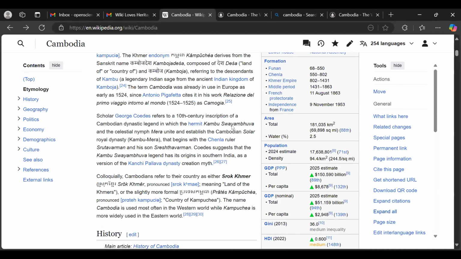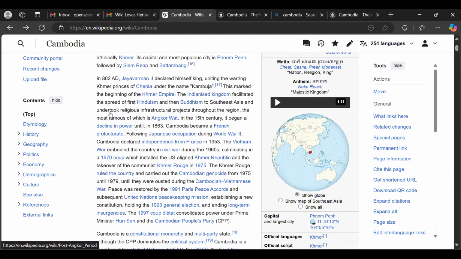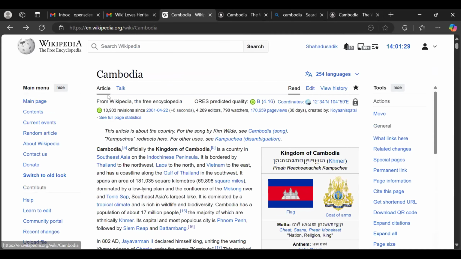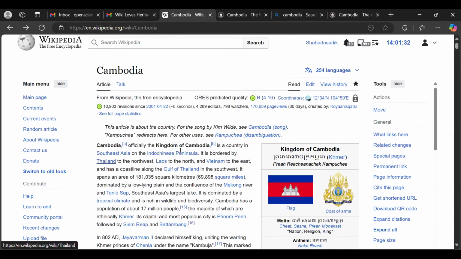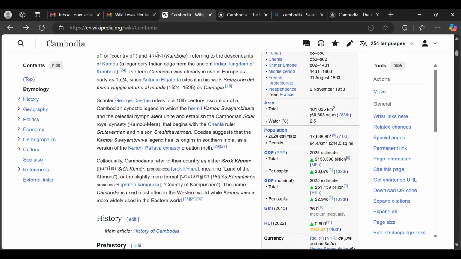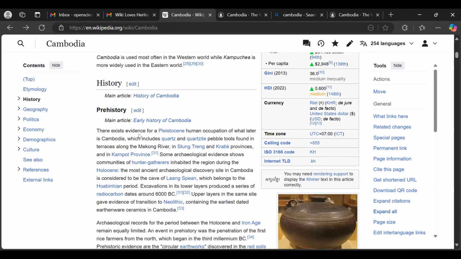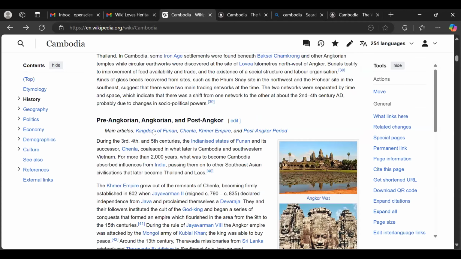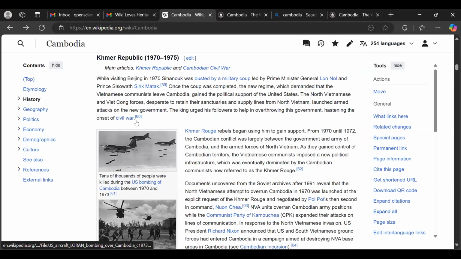Now, even though we are not learning how to write articles from scratch, anytime you are writing an article on Wikipedia, you should always look at the structure of the content. So here you see what looks like an introduction, and then you see etymology, you will see history, and subheadings are prehistory and others.